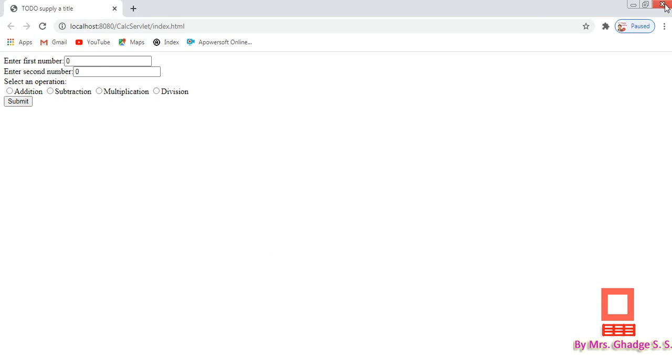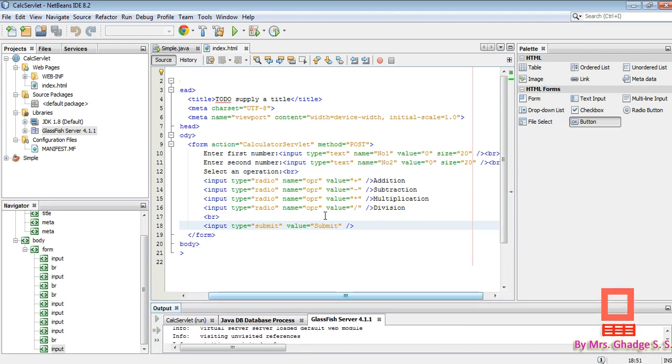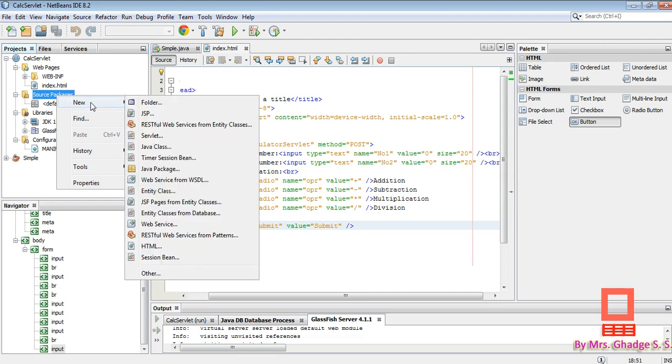Now we are going to see how we can develop our servlet for handling this web request. For this you have to click on source package and right click on it, select new, and here you see the option servlet.